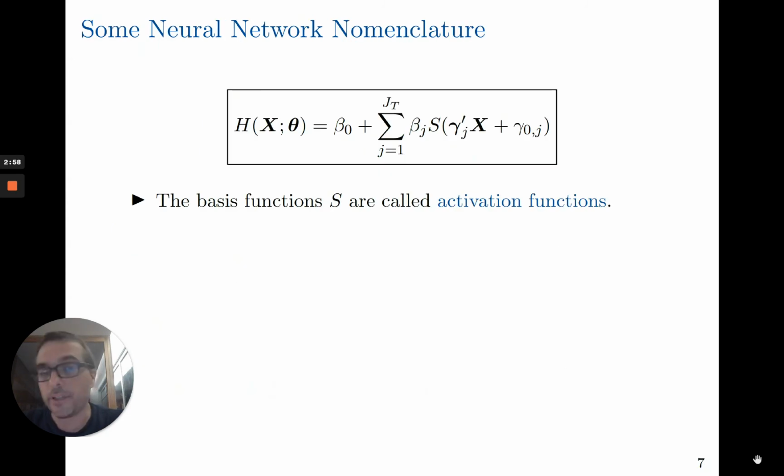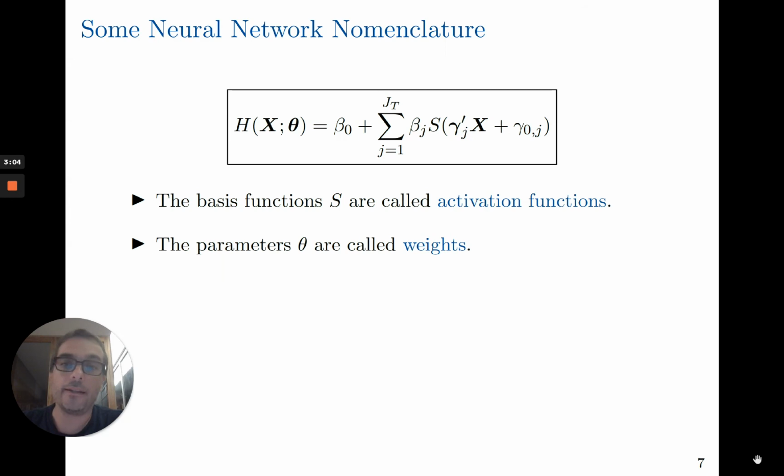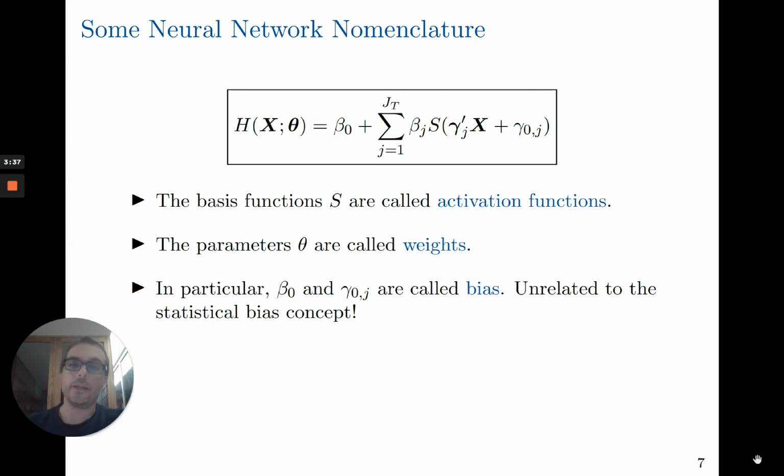The basis functions are called activation functions in the neural network jargon, and theta is called the weights. The elements of theta are the weights, but they're just parameters to be learned. They're the parameters of the sieve expansion, and we have a nonlinear sieve. So the basis functions are defined in terms of parameters, the gammas. And then we have a linear combination of these basis functions, and this linear combination is defined by the parameters beta, and beta naught,